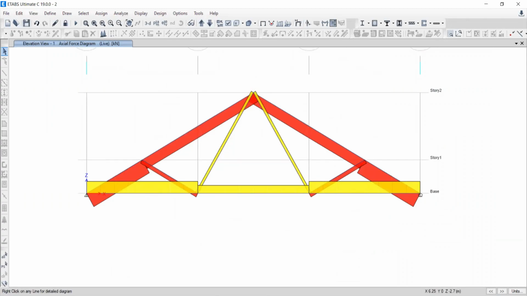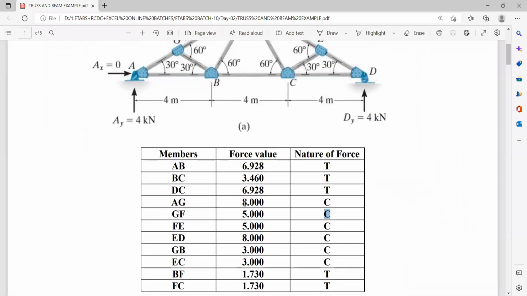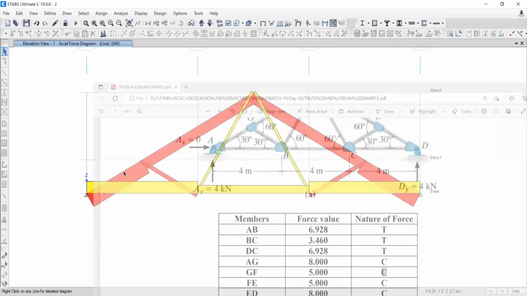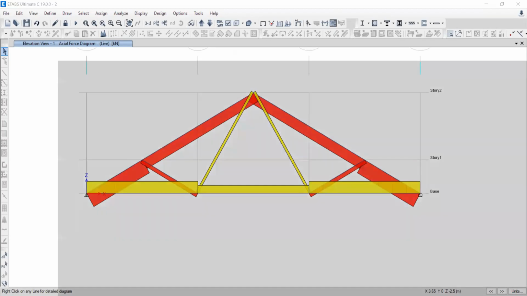Hello, you are getting less. Okay, A to G it is 8 and your software is showing 6.49, 45 something. Here also it is less. Actually what is happening is, your software is considering the joint, sorry, software is considering this joint